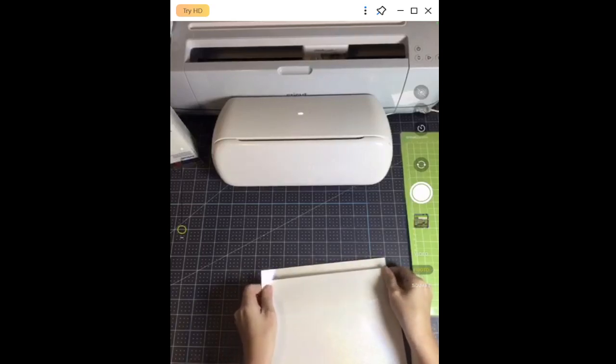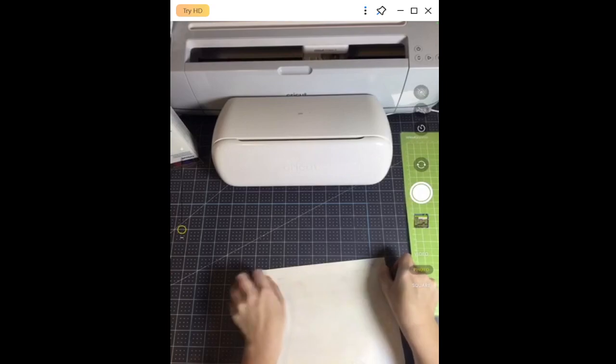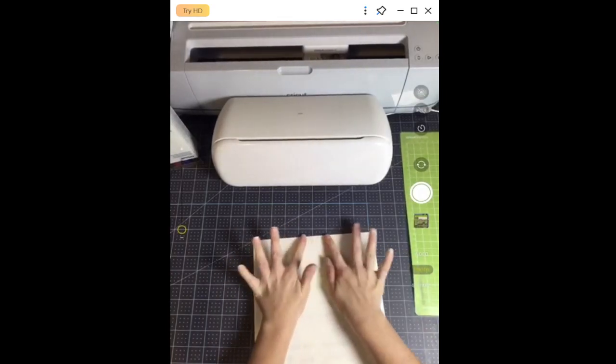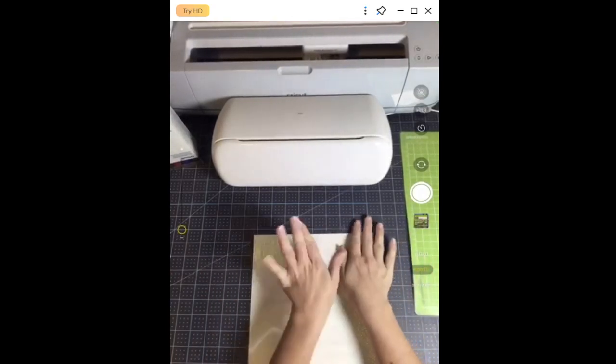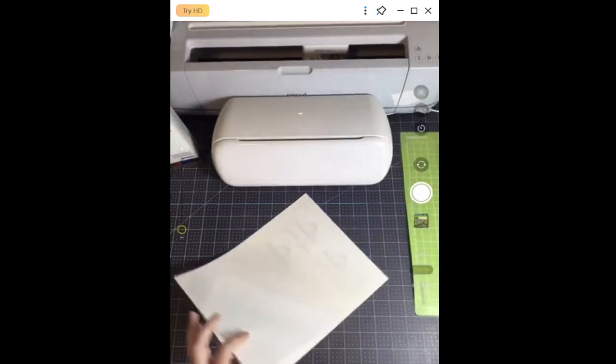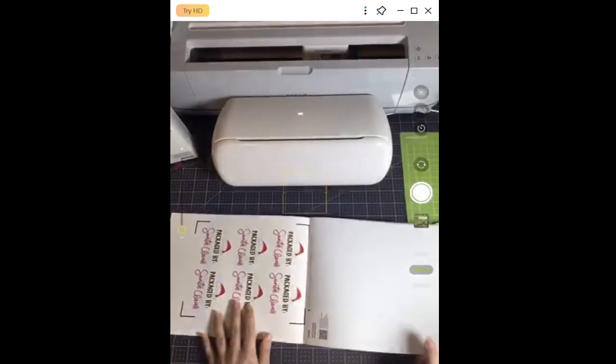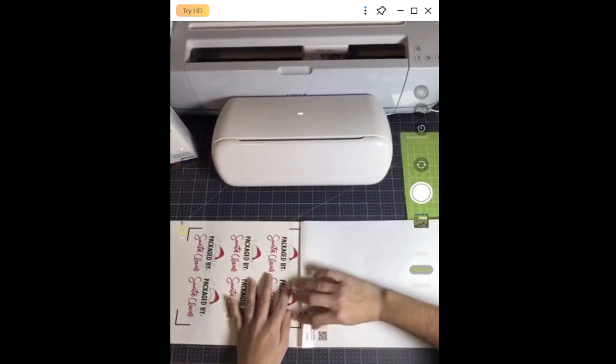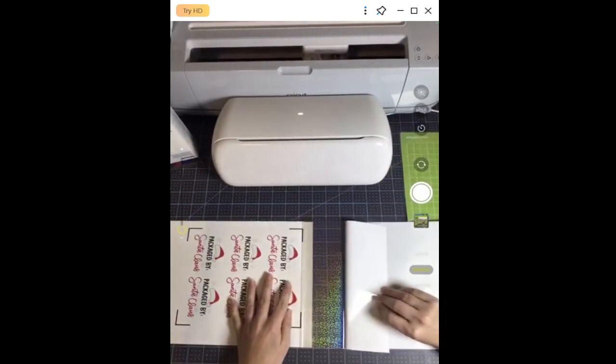I'm going to line it up with the edges at the top and the side edges here with my sticker sheet, okay? And I'm going to press that down. I want to make sure it's on there nice and firmly, okay? Now I'm going to flip it over, and I'm going to start to peel this backing just a little bit,